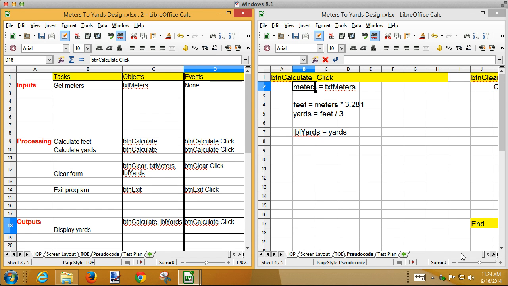Okay, that one's done. I've done everything that I have for ButtonCalc, so ButtonCalc is done. It's very typical. Transfer all the inputs, do your calculations. This is the part you typically have to think about. And then take the results and stick them into labels, because that's where we always put our answers. Inputs, processing, output. Notice again the consistency from level 1 of our design,